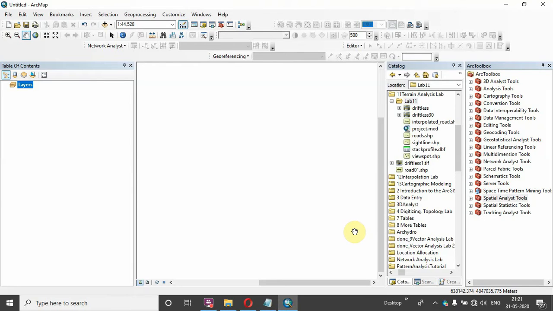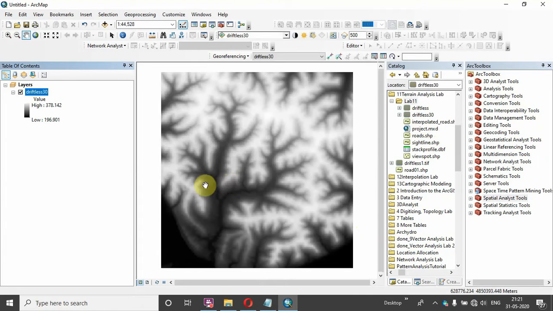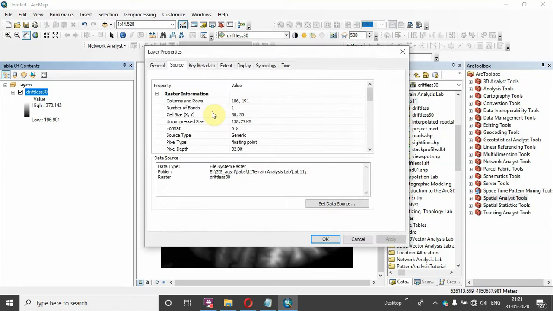After this, I'm going to inspect the range of elevation differences between DEMs of two different time periods of a particular area. For that, I have collected the DEM of the 1980s, Driftless 30, which has a cell size of 30.